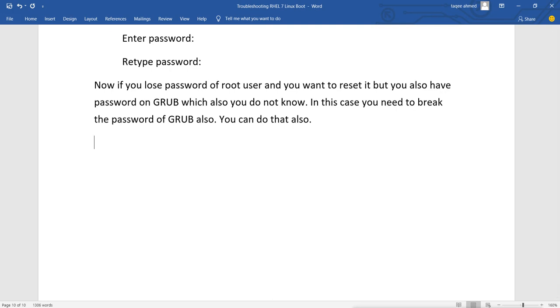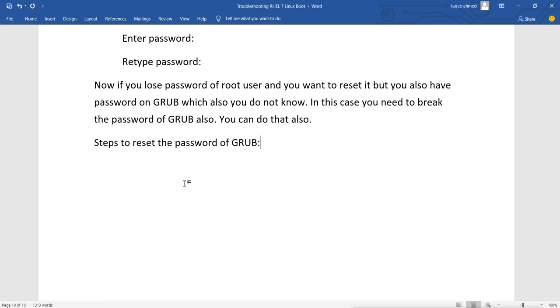Now what we'll do, step 2, reset the password of grub. Or even with this step, we can do these steps also for troubleshooting.